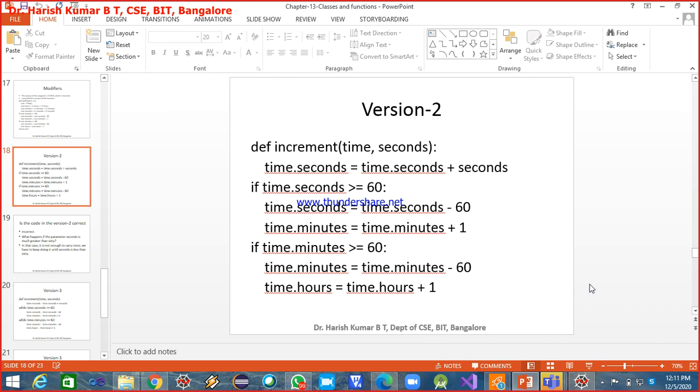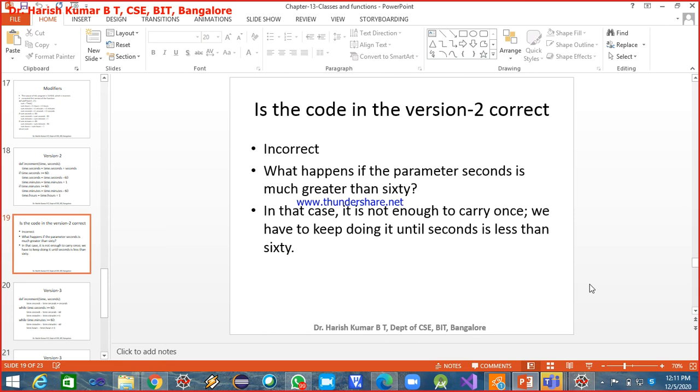But if the number of seconds is much greater than 60, it is not enough to carry once, so we have to keep doing it until seconds is less than 60. So you require a looping iteration. You have to do this operation repeatedly until the number of seconds you get is less than 60.